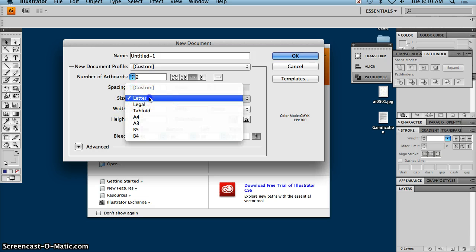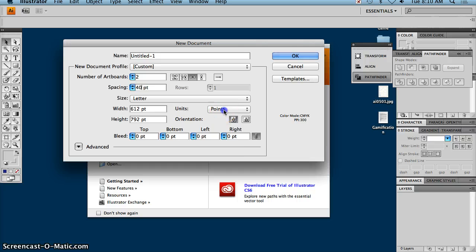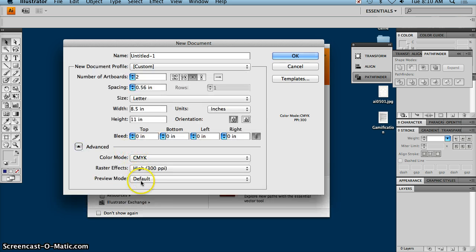Here's the size here, letter, and it initially measures it in points, but you can change it to inches to make things more comfortable for you as far as the units of measurement. You have orientation, portrait and landscape, and then you have a bleed, which you're going to remember from InDesign. Remember, your bleed is how you get pictures to look like they go all the way to the end of the page. There are more settings down here under advanced, but most of the time we're going to keep that